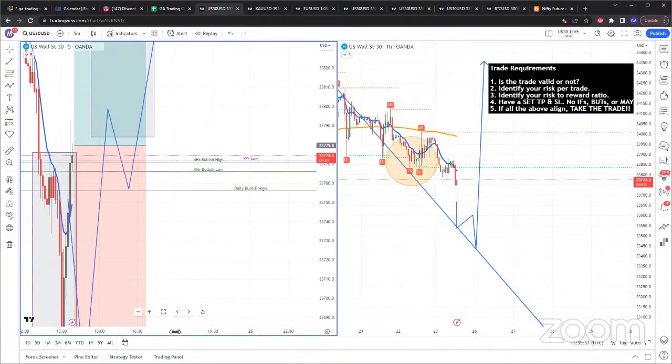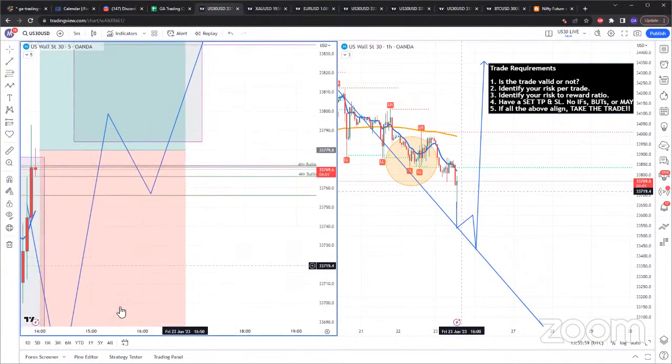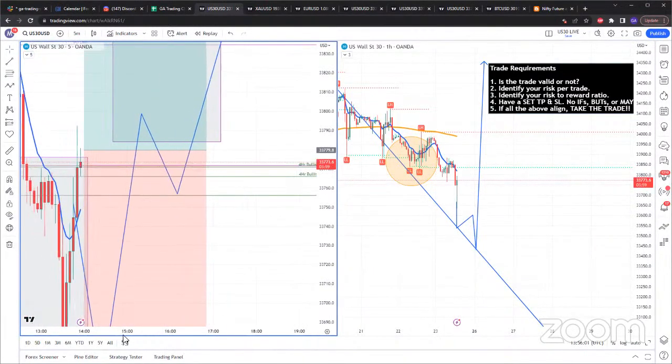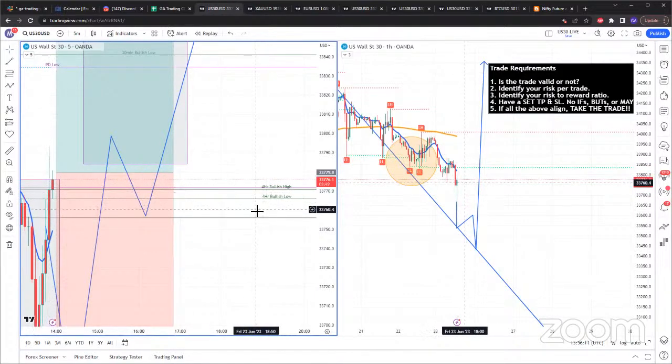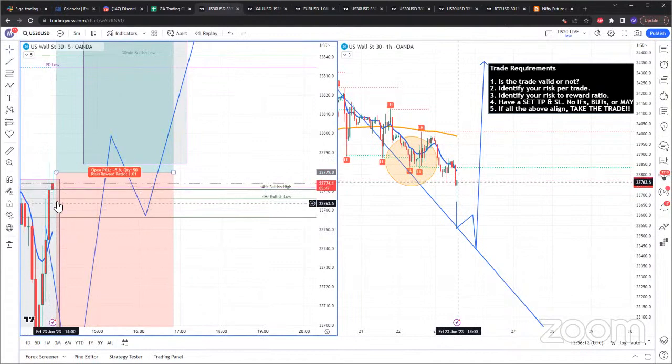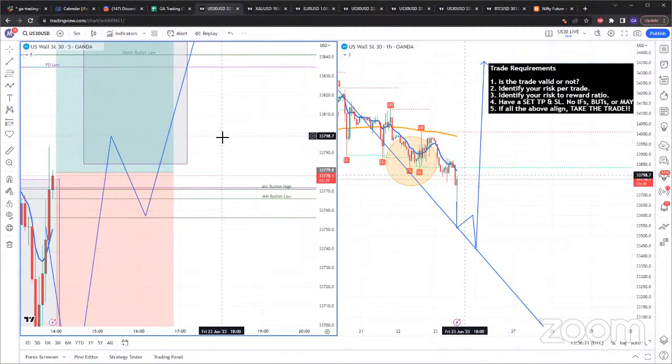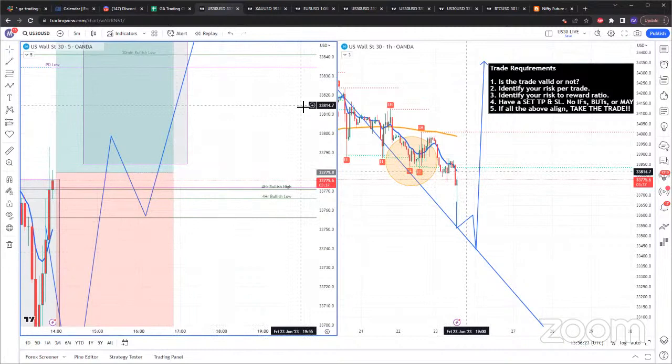Okay, here's the other thing. We went over this way back when I used to do manual markups. This is what we want to see. We want to see order block being retested exactly to the pip. You see here, this 5-minute closed above the 4-hour bullish low. The next 5-minute literally retested the 4-hour bullish low exactly to the pip. So this is what we want to see. If this does close, I will enter my last US 30 trade for the day.